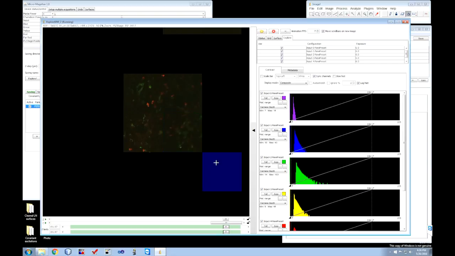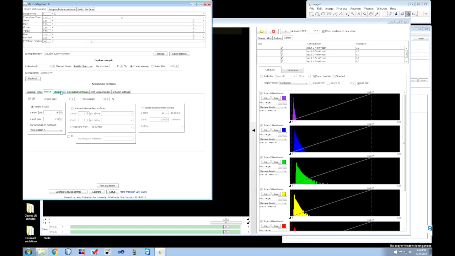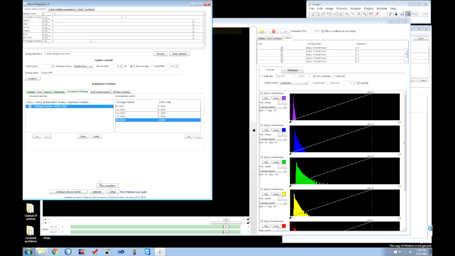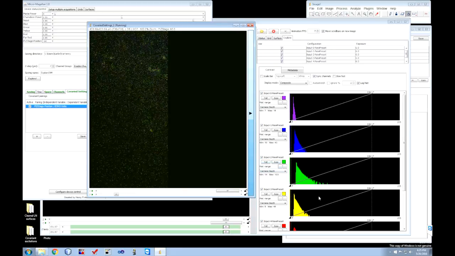After generating several pairs of data for this covariant pairing, we're ready to use it to run an acquisition. During this acquisition, before each image is collected, Micro-Magellan will check the current position of the focus drive. It will then calculate and set an appropriate amount of laser power, based on a linear interpolation of the data